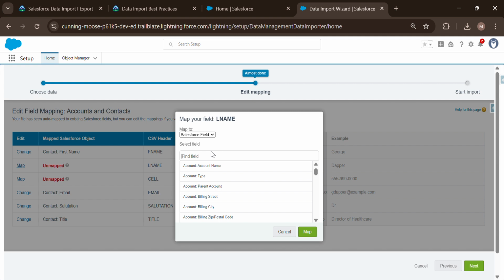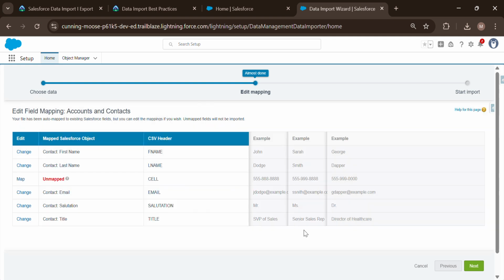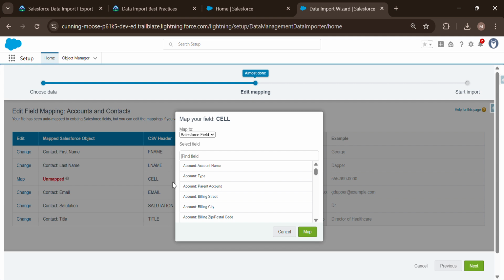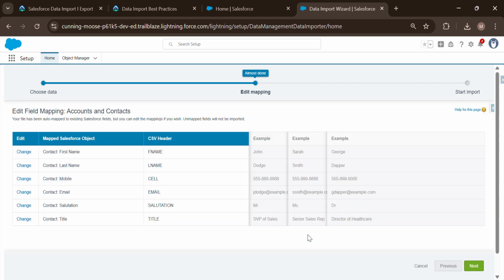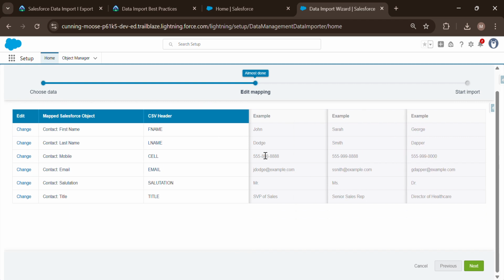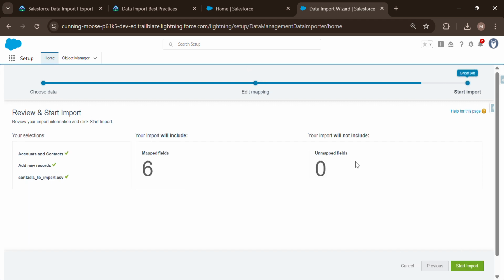For L name, contact last name, map, and for the cell, contact mobile and map. So mapping is done. Click on next